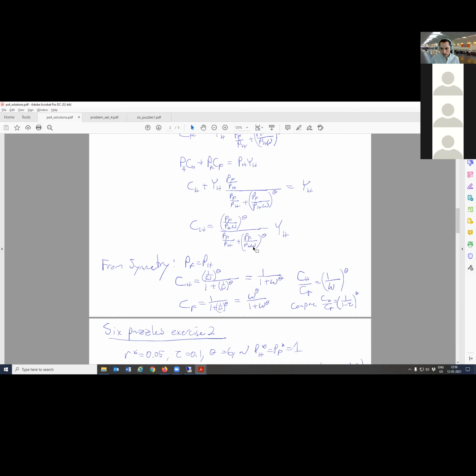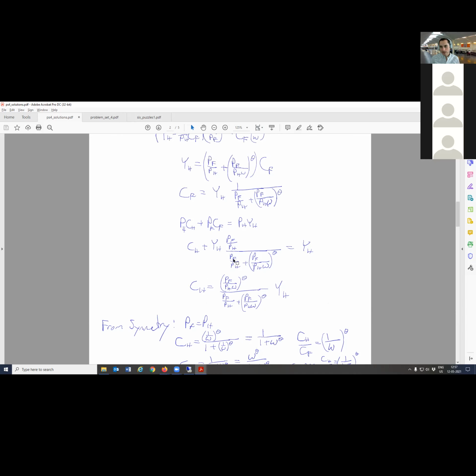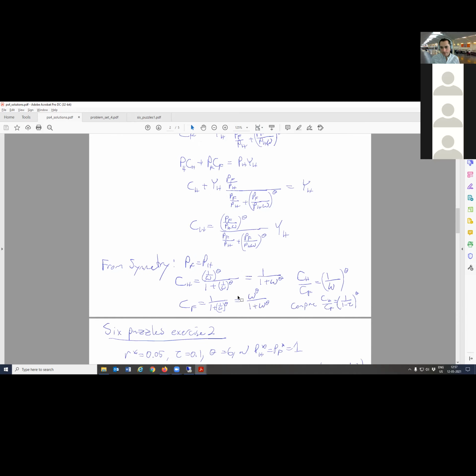Everything goes away except for the omega. Okay, so for CH, we get 1 divided by omega to the power theta, divided by 1 plus 1 divided by omega to the power theta. We can simplify that by multiplying the numerator and the denominator by omega to the power theta. So that's what I do, and we end up with this expression. We can do something similar with CF. If you look up here, this thing becomes 1. This becomes 1 divided by omega to the power theta. Again, do our manipulation. And before I say anything more, note that this result makes sense because you'll notice that